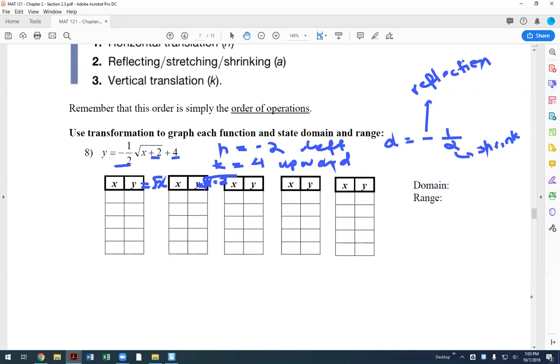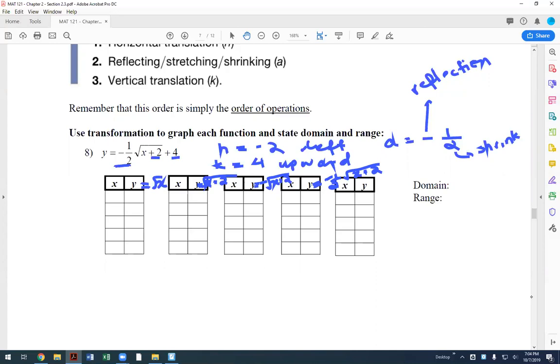And I'm actually breaking the reflection and the shrinking into 2 parts, so it's up to you what you want to do next, but I guess I'm going to do the reflection, so that's going to be negative square root of x plus 2. So that will take care of our reflection. Then you can do -1/2 square root of x plus 2. So that will be reflection with the